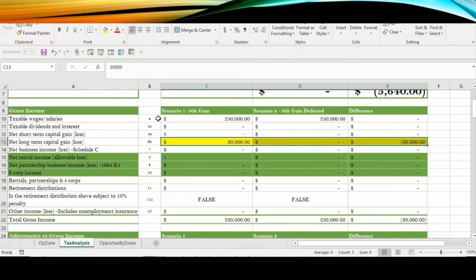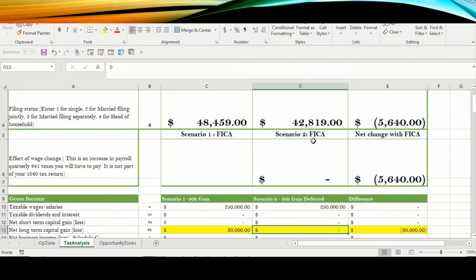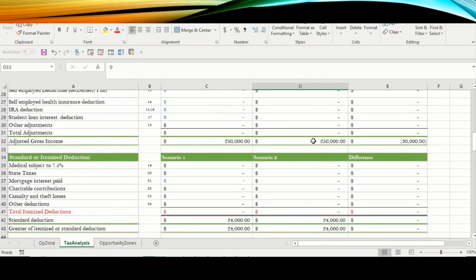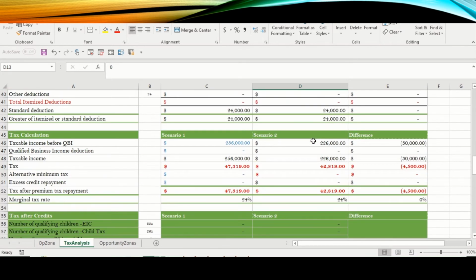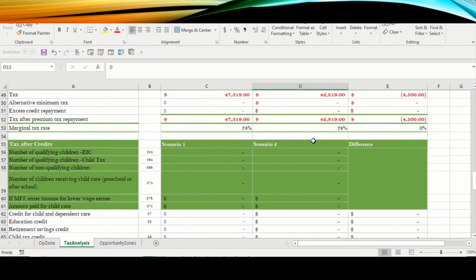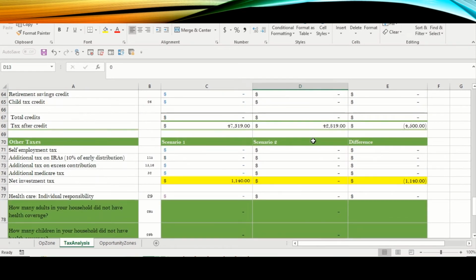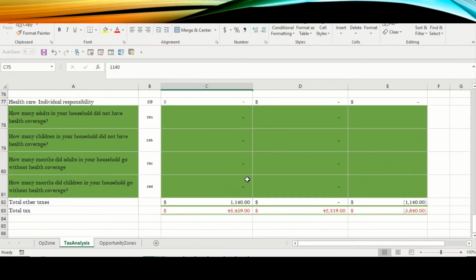Now let us take an investor who's making $250,000 in wages and they have capital gains of $30,000. So this is without them reinvesting that capital gain in an opportunity zone. And then in the second scenario, we see that they actually invest in an opportunity zone, so their capital gains are 0. We can see that this is a married filing jointly person, so that's income for them and the spouse. They do get to pay the net investment tax of $1,140, and they get a total tax of